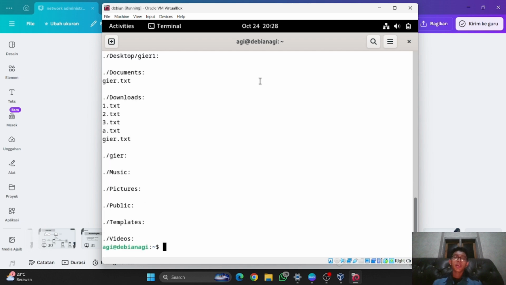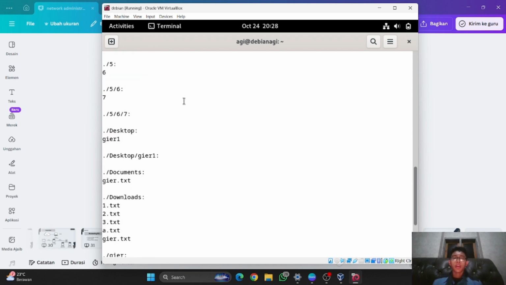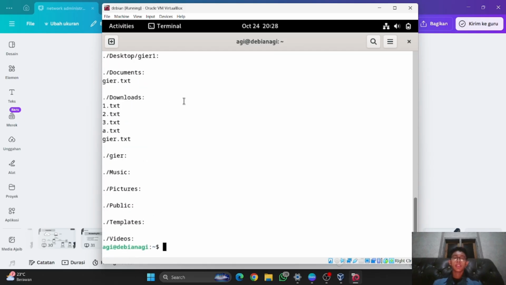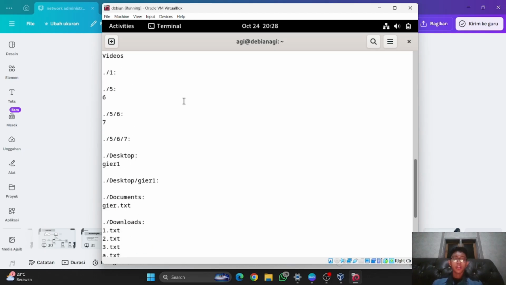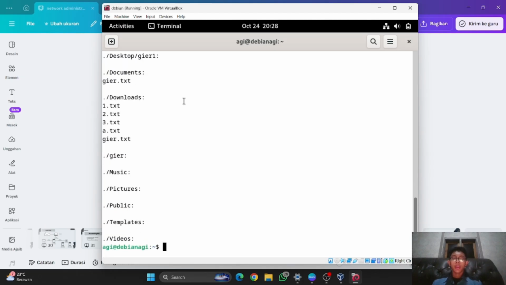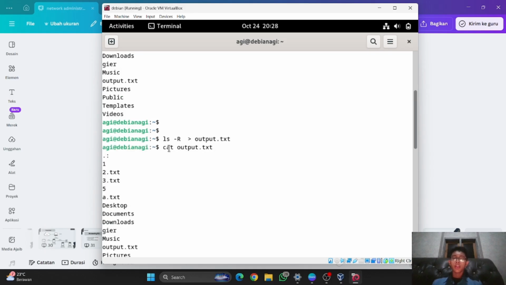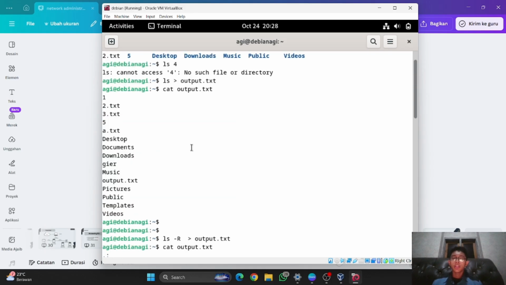Because in here I'm using the Debian desktop, I can scroll like this, but if you're using CLI or server Debian, you cannot scroll like this. And maybe you will realize when I type this again, the old file gets replaced by this new file.